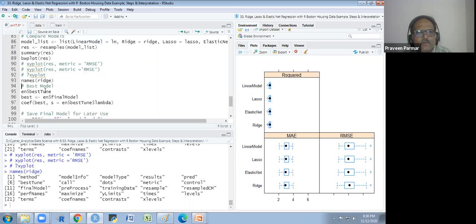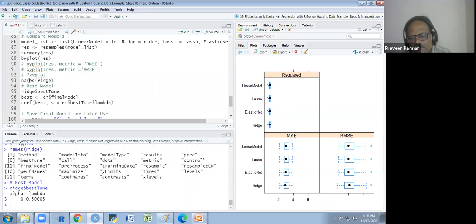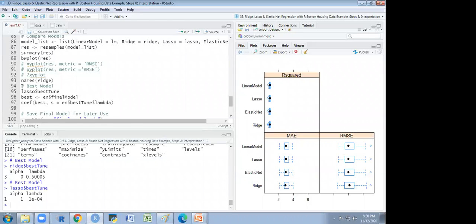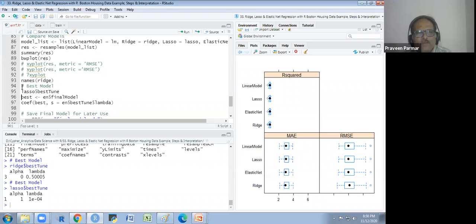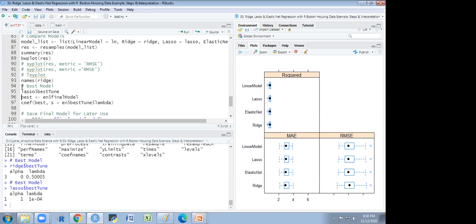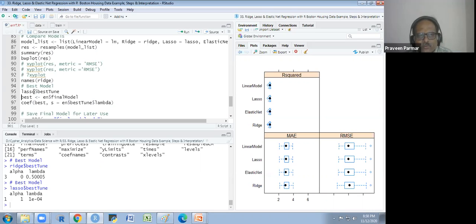So if you write ridge here, you see alpha is 0 and the lambda is 0.5, which we have seen earlier. And for lasso you could also see this. Sir, I am asking how you have decided the elastic net is the better model. No, I have not decided it. I am just showing the best parameters of the elastic net. You could see the best parameters for the lasso also.